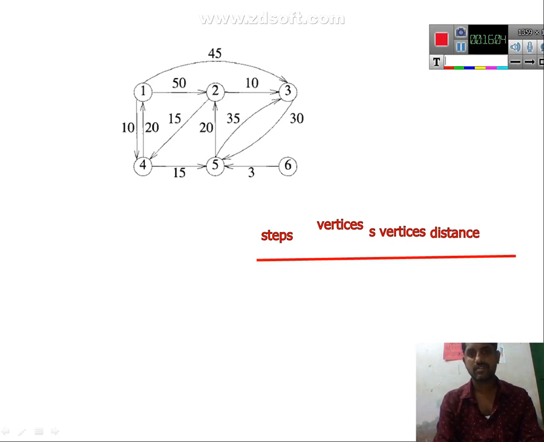So the first one is step one. The next one here we can assign the shortest path 1. Then S vertices we can use.